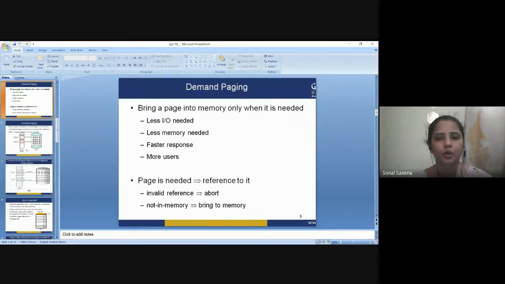Memory, be needed, faster response will be given, generated. So